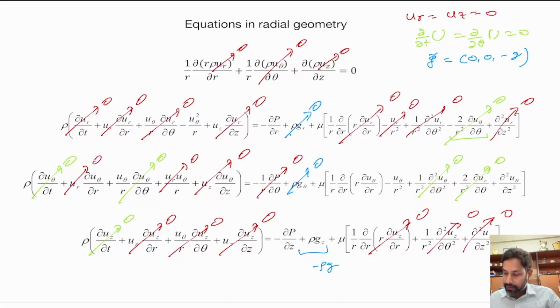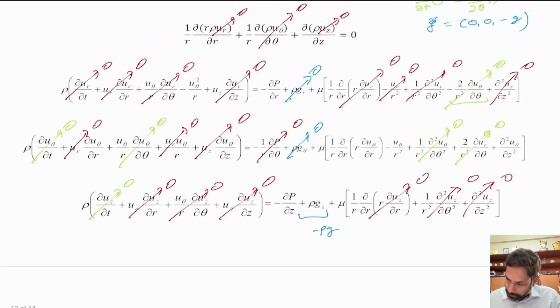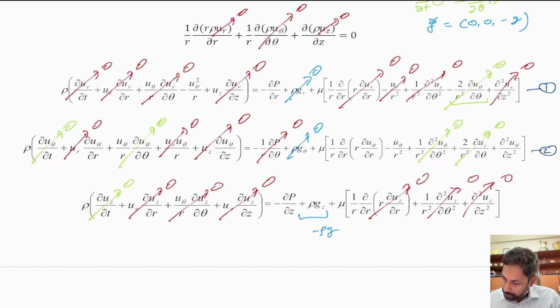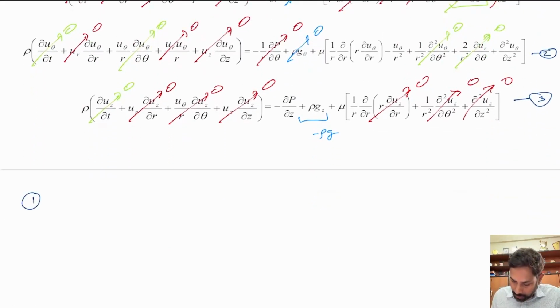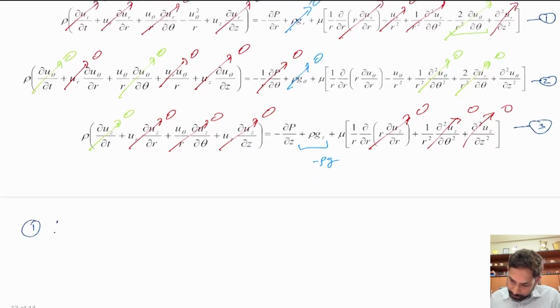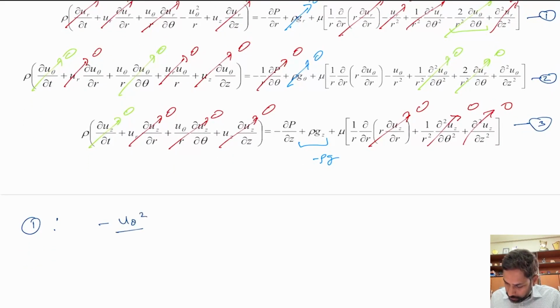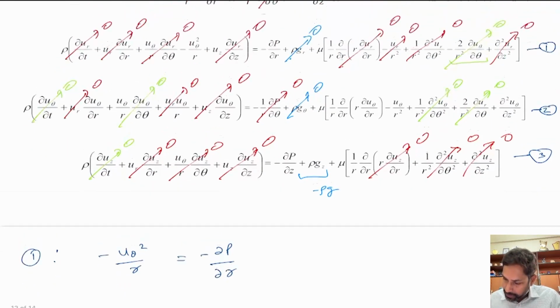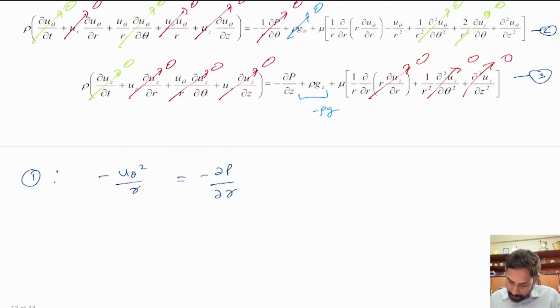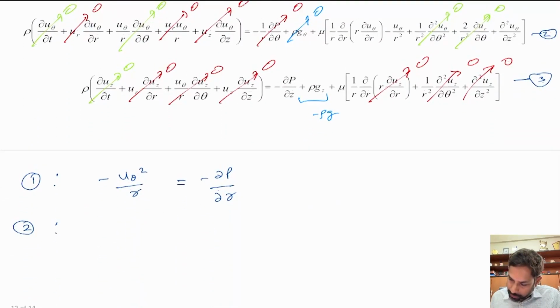All right, so now we have seen that most of the terms in these equations cancel, and that is why we can write the simplified equations. If we call these equation 1, equation 2 and equation 3, the first equation, the continuity equation, is not relevant anyway. So we'll start with equation 1, and that gives us minus u theta square over r is minus dp by dr, right? So that is the term remaining, and then equation number 2 gives us